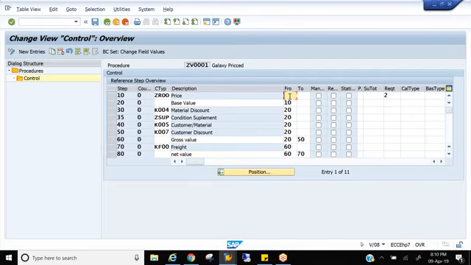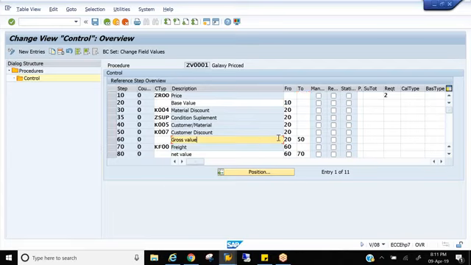Then next is From. From is also called standard base. You may be asking me a question: what is standard base? Standard base is nothing but From, because any calculation starts from here, right? So you are telling the system, I want to calculate 5% on what? On this. That means calculation starts from this. So the From field is called standard base, and it will help us to start the calculation. And the To step will help us to conclude the calculation.